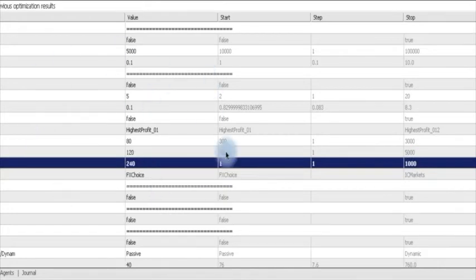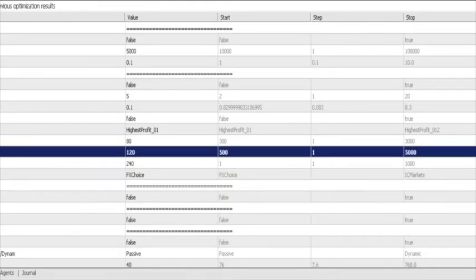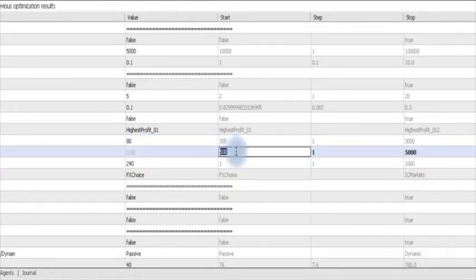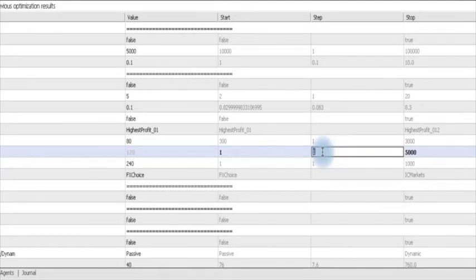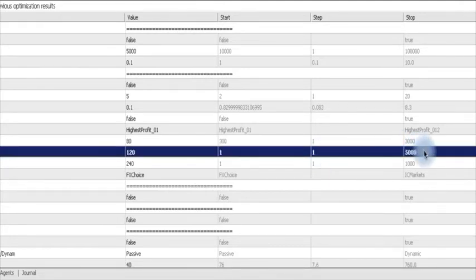Now when it tries that, it will actually give you how much profit it's making. So by doing this, you can figure out what is the best number for the probability factor. You can actually do this with every other field here. You can also use, for example, gain, and you can start also from, say, $1 or 1 point, and step by, for example, also 1, and stop at